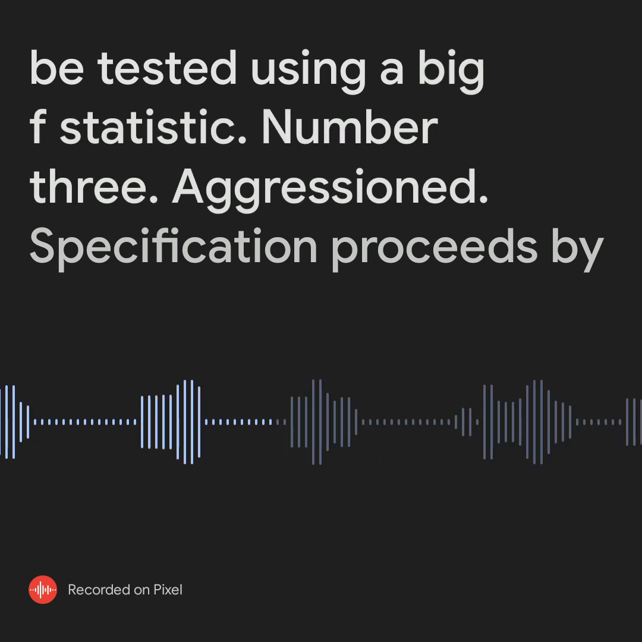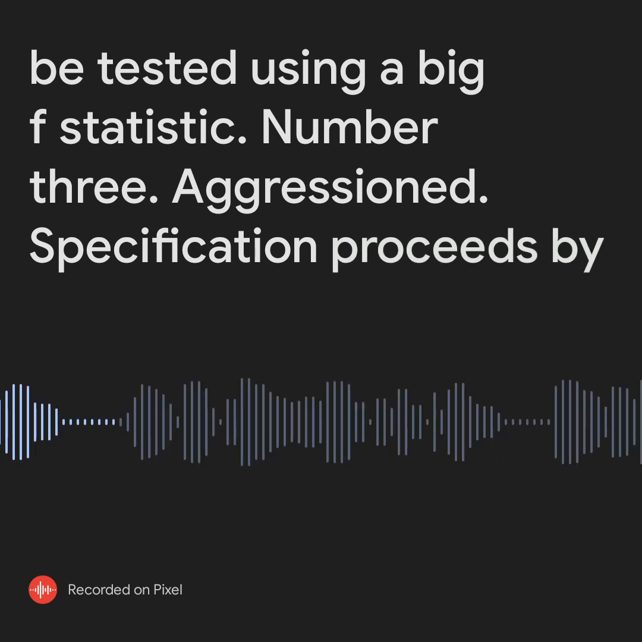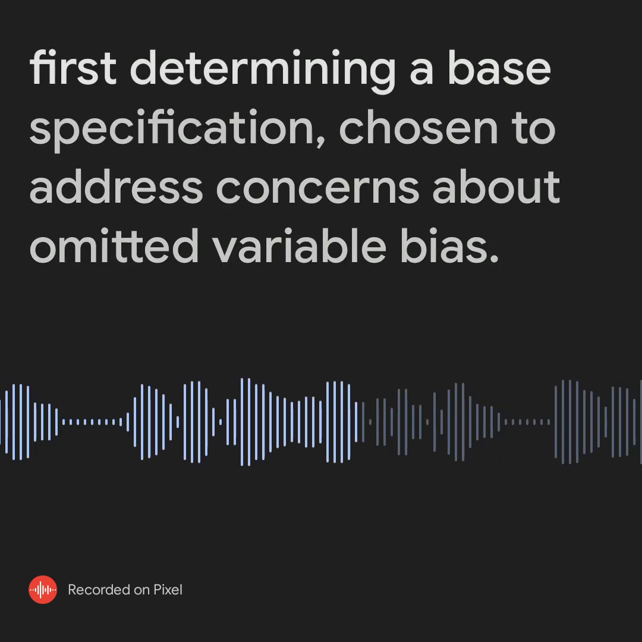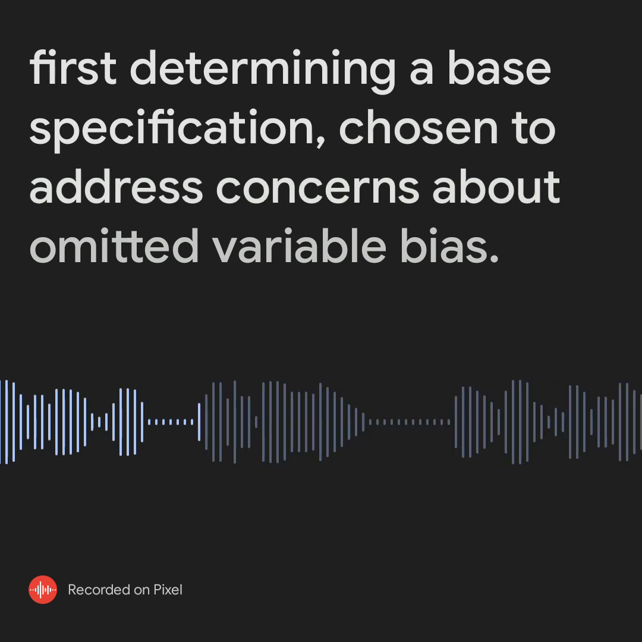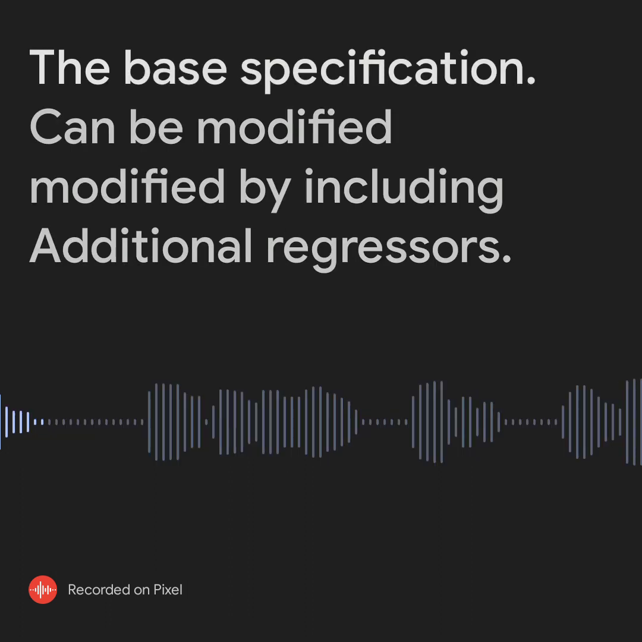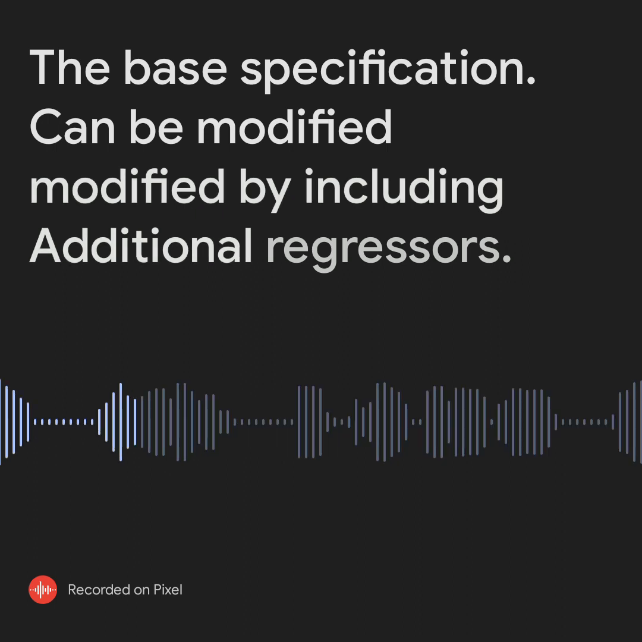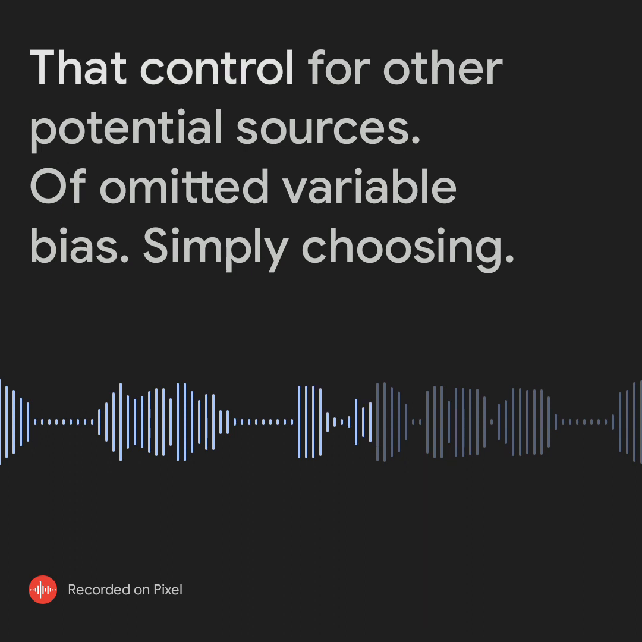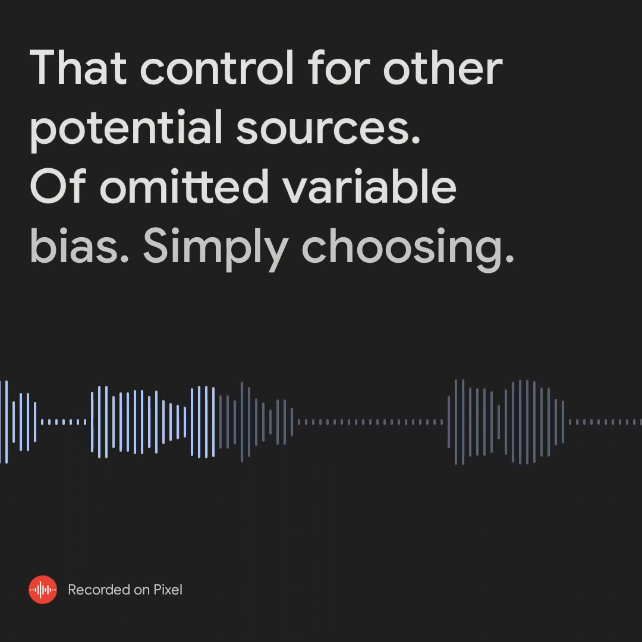Number 3, regression specification proceeds by first determining a base specification chosen to address concerns about omitted variable bias. The base specification can be modified by including additional regressors that control for other potential sources of omitted variable bias. Simply choosing